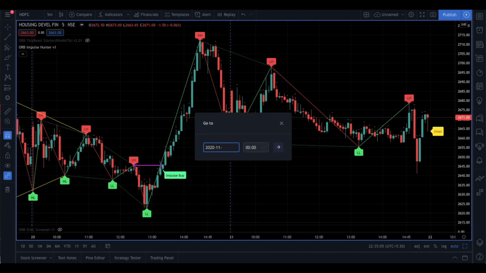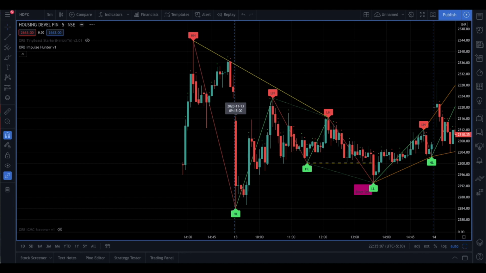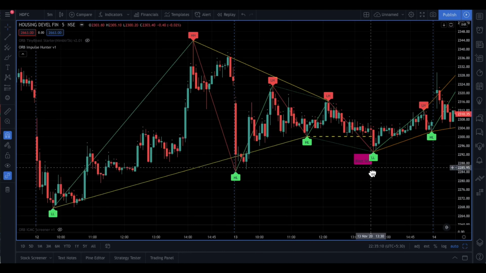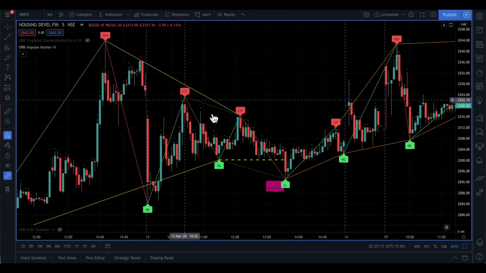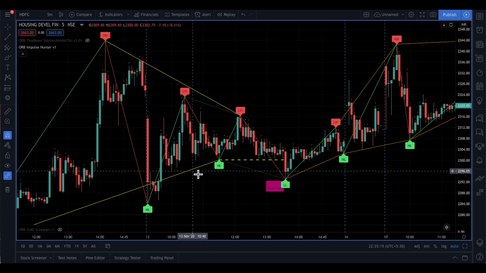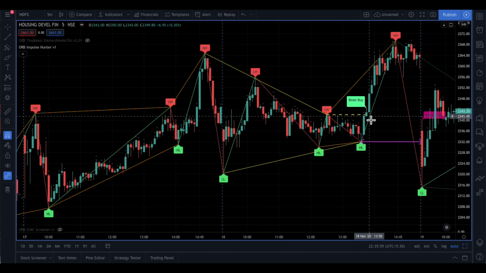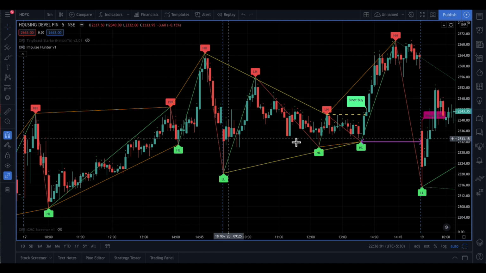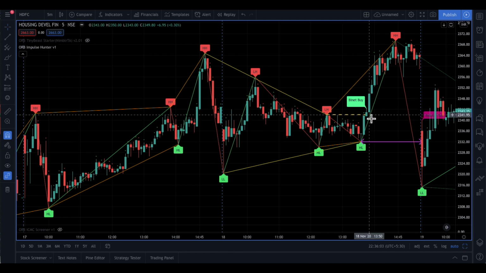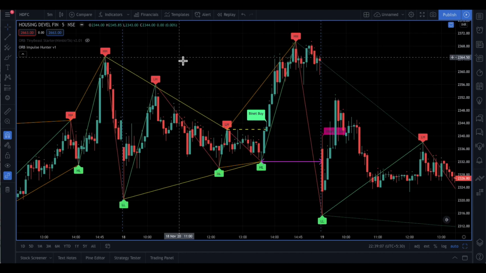So we go to 13th November 2020, and then we see that there is a Binet sell which has got triggered. This compression is called the Binet compression. There's another trade here, a Binet buy trade, which actually did well. It got triggered here and the bias was buy, and this trade went on to do well.